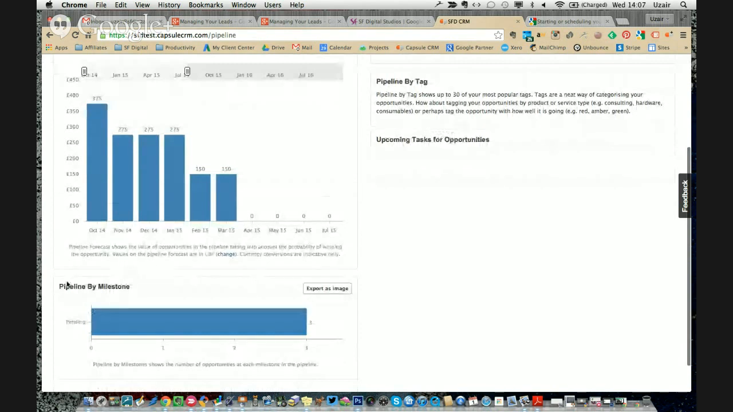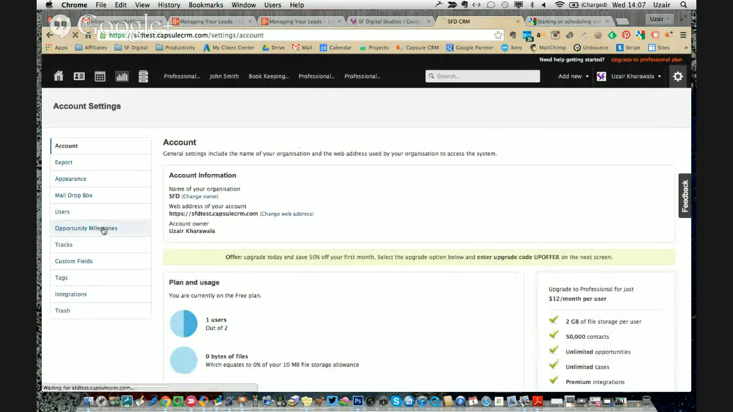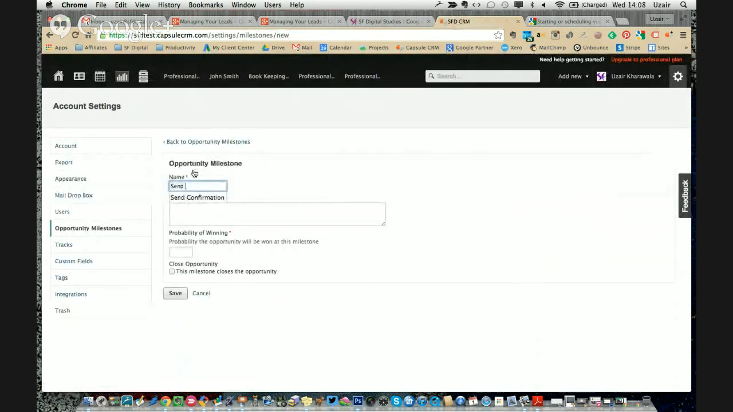Then we've got a pipeline by milestone as well. In here, I can see I've got 3 pending quotations, and I can list them by clicking on that bar, and I can see the value, the close date, and so on. Now, how you create this milestone is by going into your settings, and in here you can create as many as you like. So if you wanted to create one, say